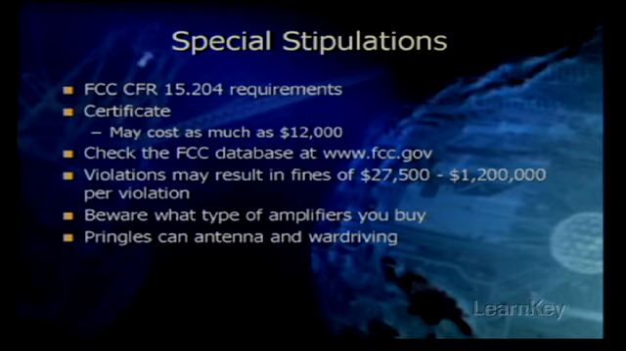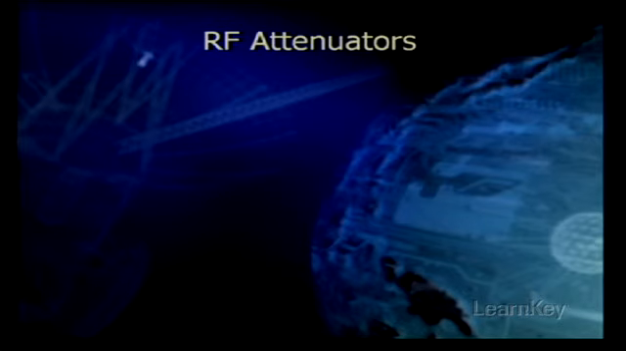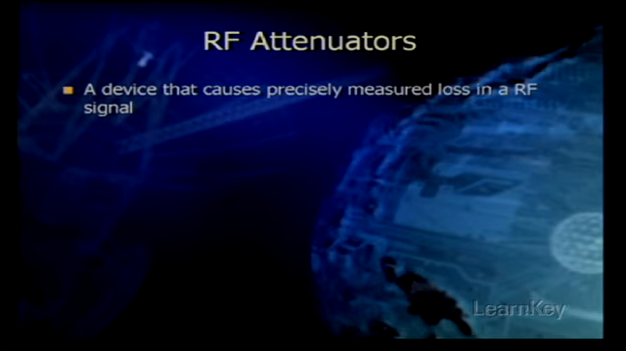Another major component that you'll have to deal with in radio frequency wireless is RF attenuators. Radio frequency attenuators are devices that are designed to cause a precisely measured loss in a radio frequency signal. This is always measured in negative decibels. While an amplifier is designed to increase the RF signal, attenuators decrease it. So you're asking, well, why would I want to decrease my RF signal? I'm normally trying to boost it. What's the reason for this? Well, try to identify